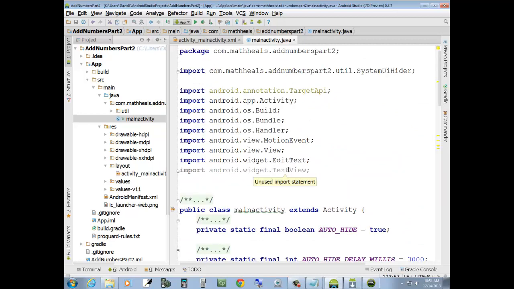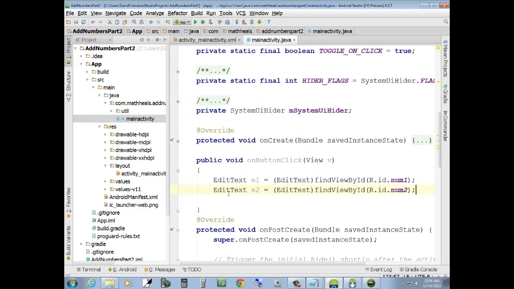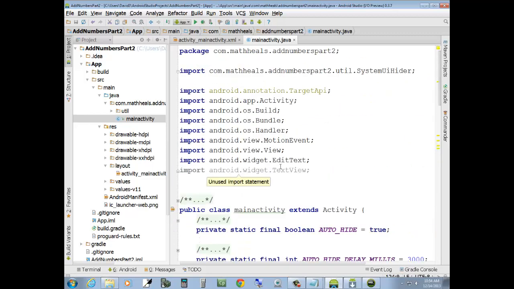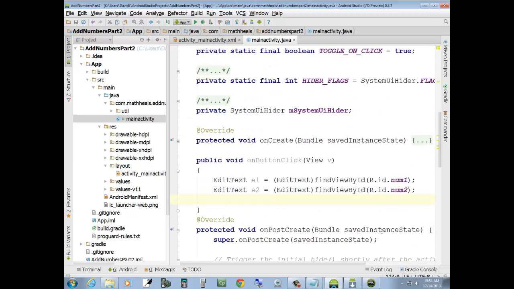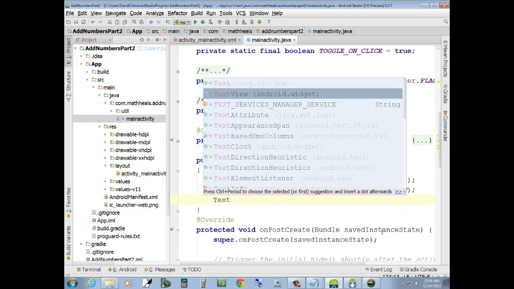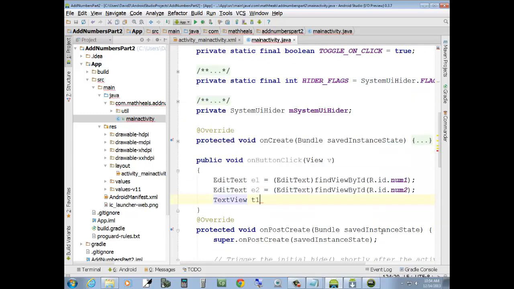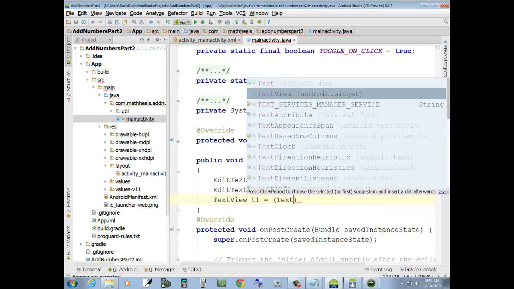Obviously, it puts it in other times too, but if it's in red, that's a very easy way to do an import. Anything you use down there, in terms of an edit text or text view, you have to declare up there. Okay, our other one was a text view. And I call it T1, even though we just have one. Text view,